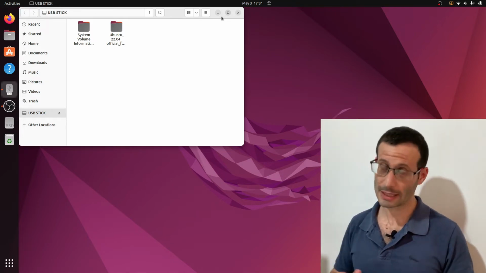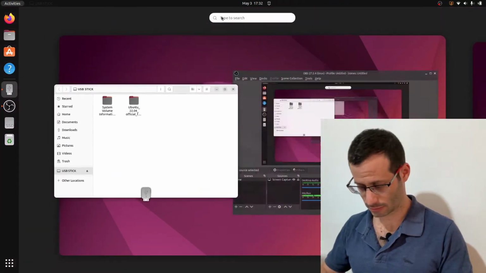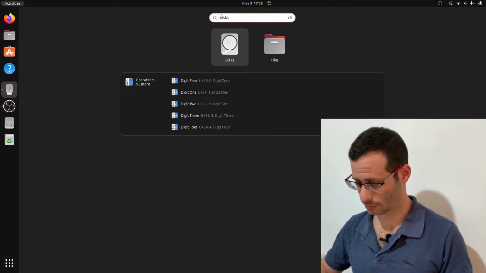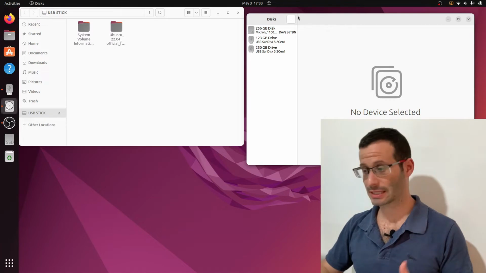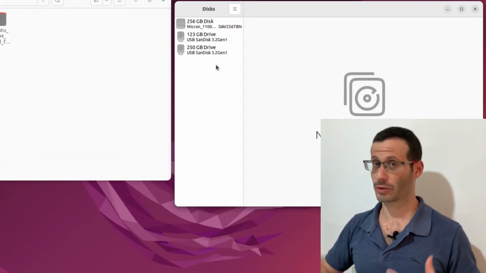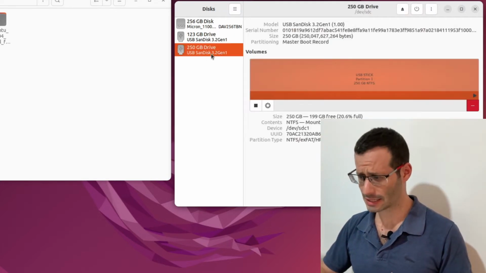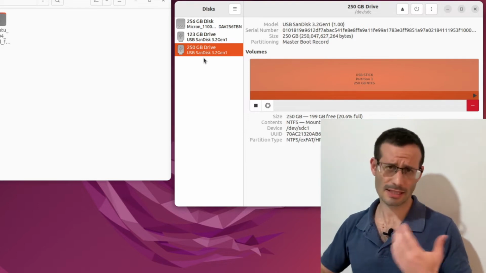So to actually format it, we're going to use the disks utility. So let's open disks. And here we can see a list of all of the disks that we currently have on our system. Usually the disk that we just plugged in will be the last one on the list, which means that in this case, this is the USB flash drive I just plugged in,